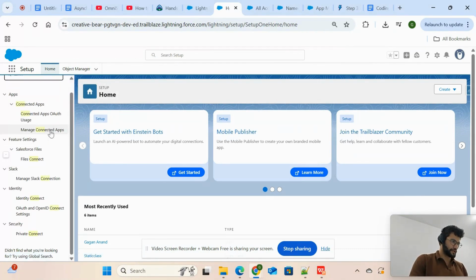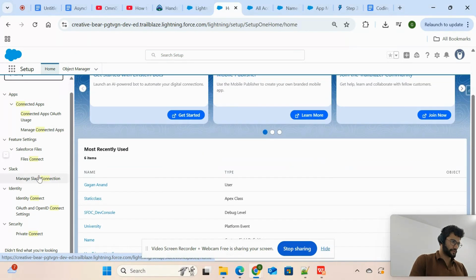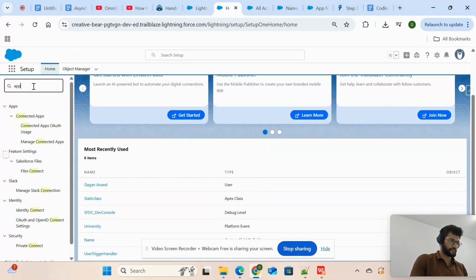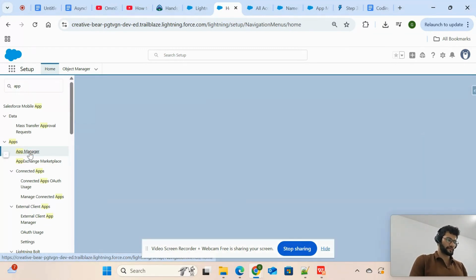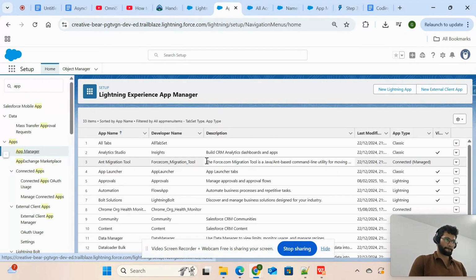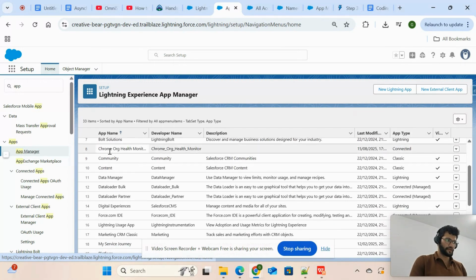So here is the connected app. If I search for App Manager, inside the App Manager you will be able to see my connected app. If I scroll down, you can see Community Org Health Monitor. This is my connected app, and if I click this and click View,